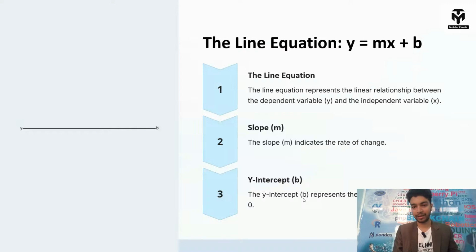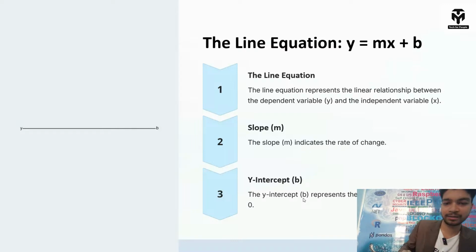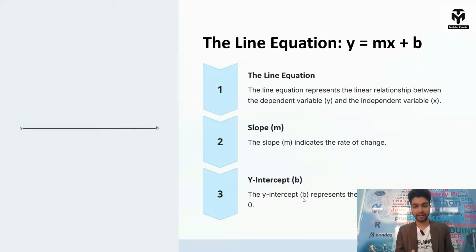Coming to the line equation, y equals mx plus c, where m is the slope, which indicates the change, and c is the intercept. Slope is nothing but the slantness. There is a formula for slope too, that is y2 minus y1 divided by x2 minus x1. Based on this you get the slope of your best fit line, how slanted it should be, making sure it passes through all the data points.